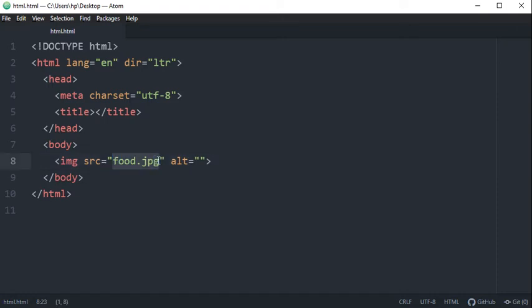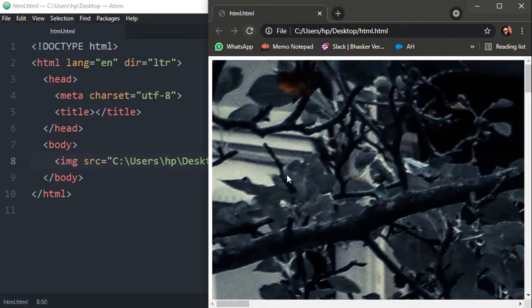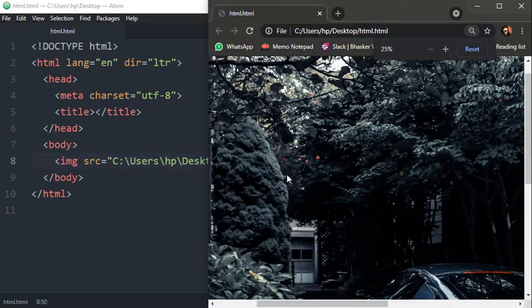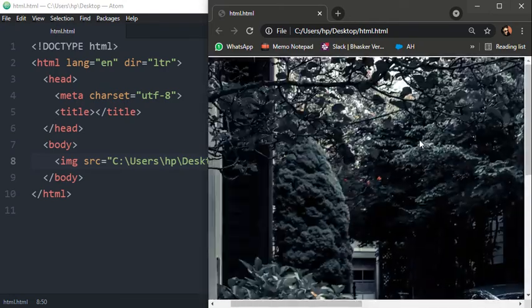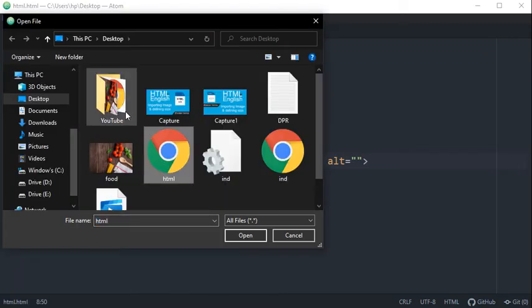I'm taking an example of a different image, so clearing it all. Now I have pasted the address path of the image. Now another slash and the name of the image. The image we are going to use to explain this is car. Refreshing it, you can see the image is big in size, so I'm decreasing the size by zooming out. You can see the image is imported over here, which is definitely not in the same folder. The HTML file is in a different folder and the image is in a different folder.